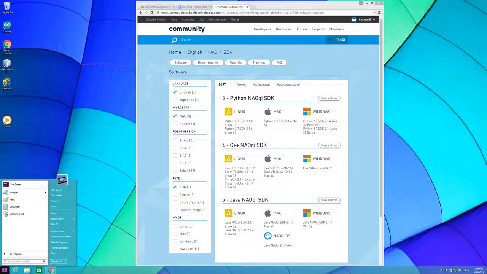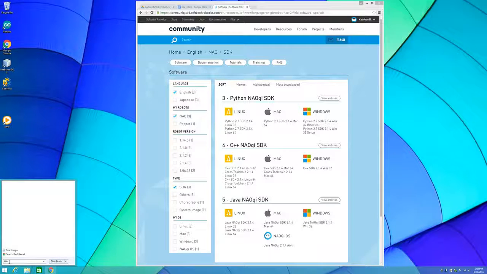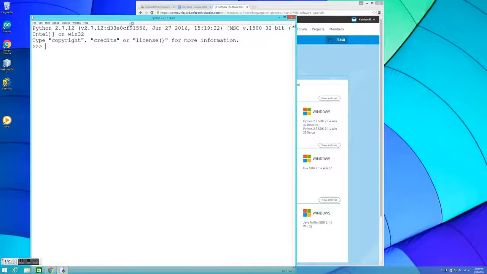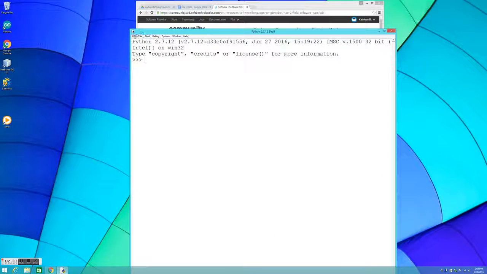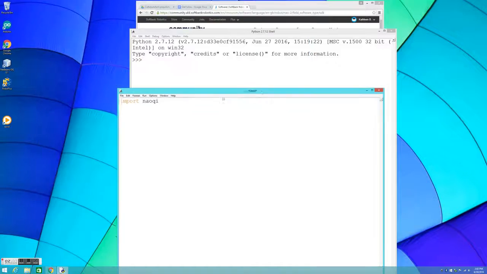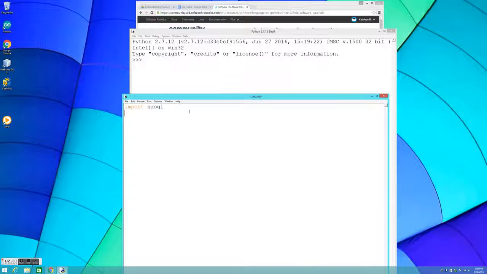To do that, I'm going to go to IDLE, which says Python GUI, a graphical user interface. What that is, is it allows us to edit text. So we're going to get a new document, new file, and I'm going to type Import NAO Key. And as long as we didn't get any errors, we're okay. So just to test to make sure the Python path is working right, we're just going to do a quick hello world. We're going to run it,